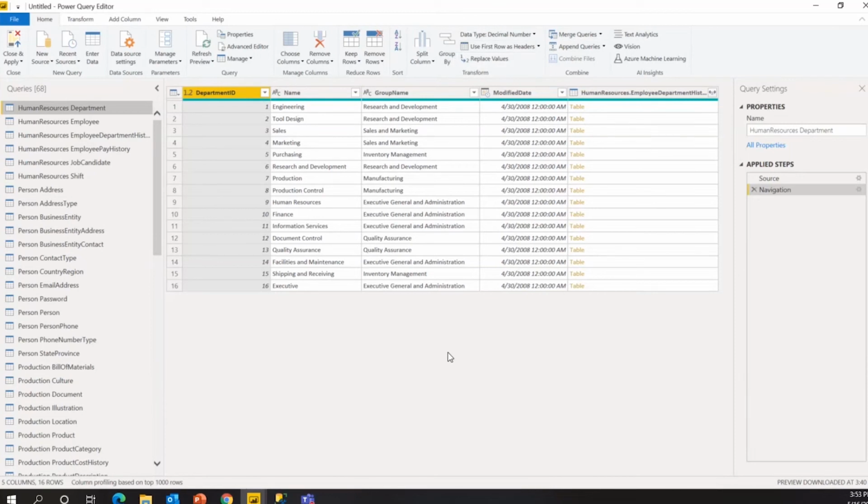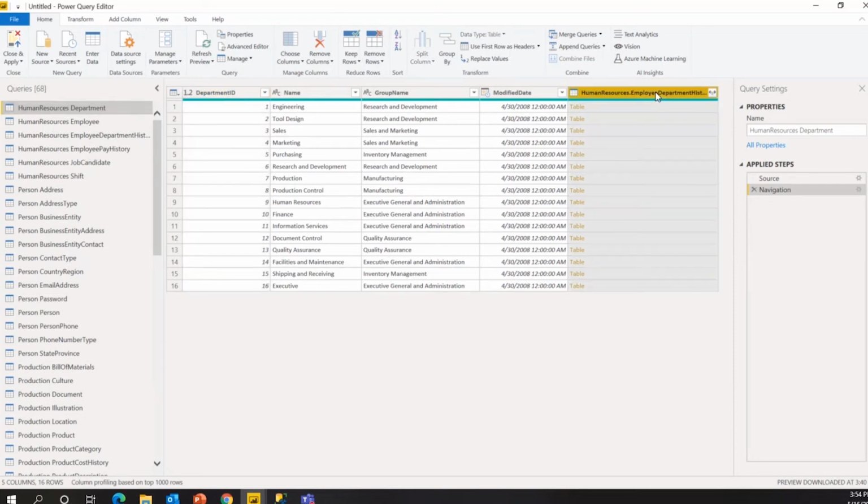So don't be surprised when you try to bring the data and you see that kind of column names. Okay, so you have this. You can remove columns, you can keep rows, keep top rows, bottom rows, whatever. All these features are there. You can explore all these features. There is nothing wrong. And I will tell you what happens if you make any mistake.